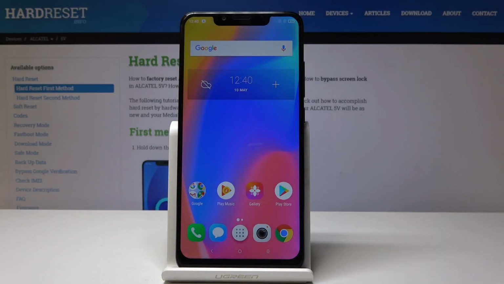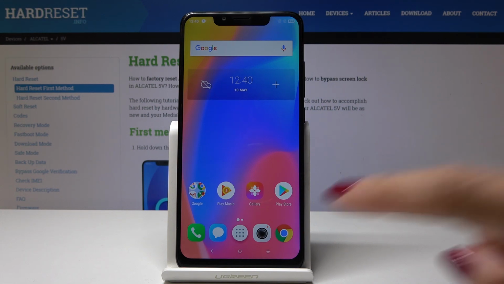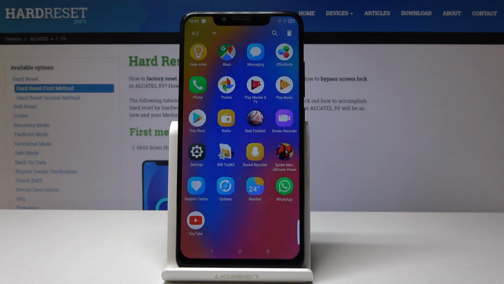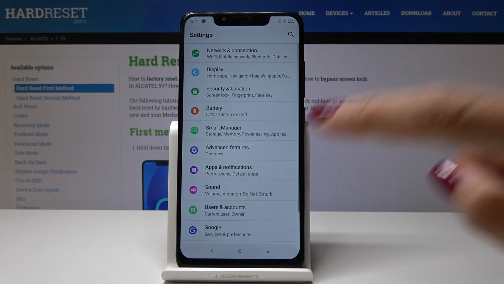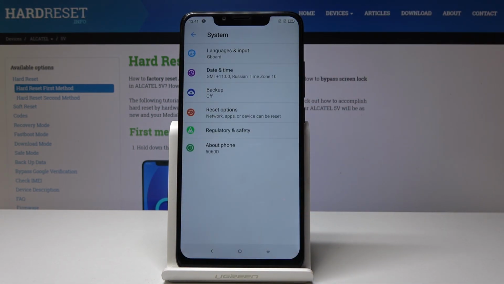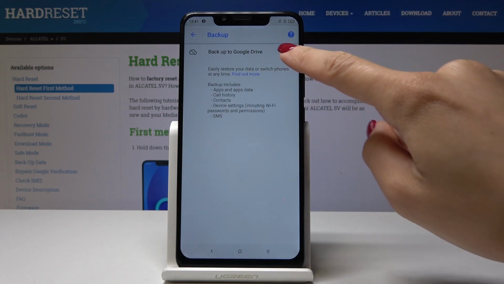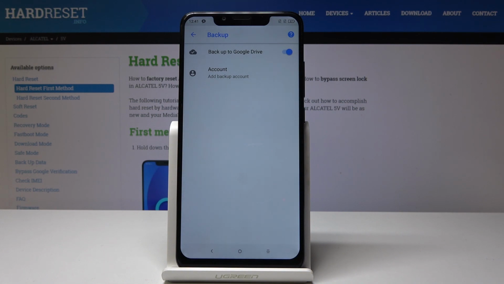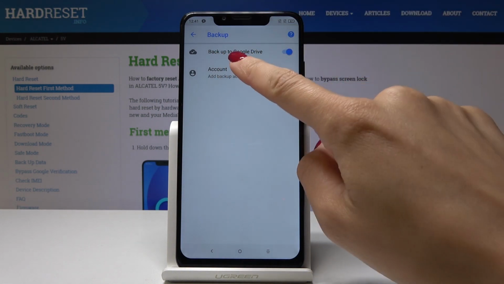Here I've got Alcatel 5V, and let me show you how to enable Google Backup on the following device. So at first, open list of all applications, go to the settings, now scroll down and select system, so it's the very last icon, and go to the backup. Now enable backup option by tapping on this switcher, and it's time to add the backup account. So simply click on account,